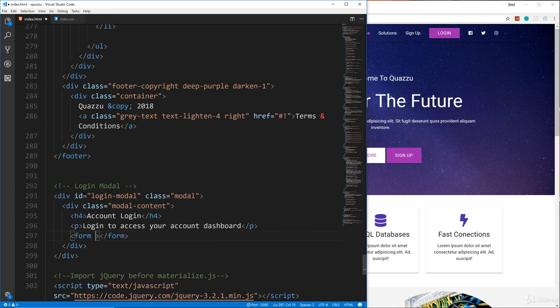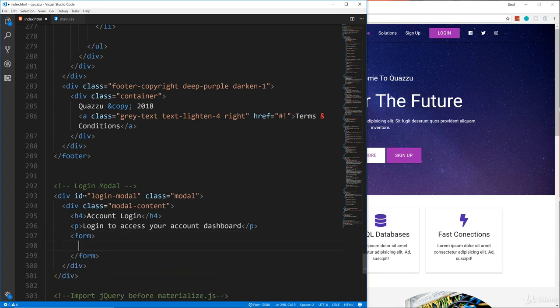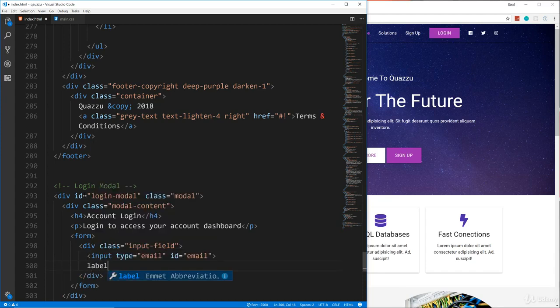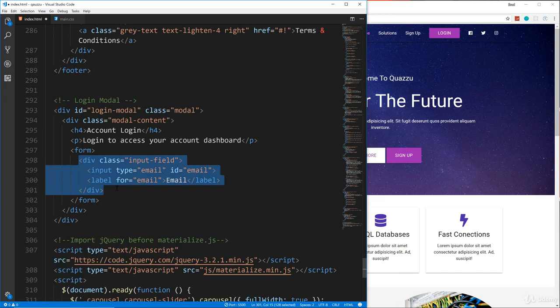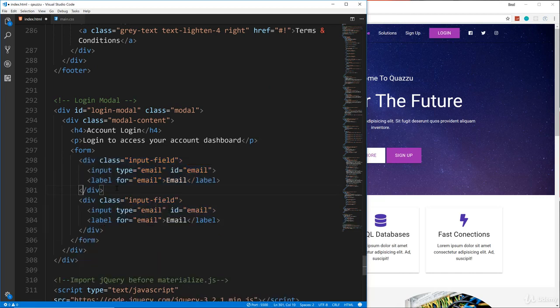We don't need an action. And in this form, we're going to have an input field, and we're going to have an input. It's going to have a type of email, and let's give it an ID of email, and then we'll have a label for email. Okay, and then I'm just going to copy that down, and then this is going to be the password. So type will be password, ID,